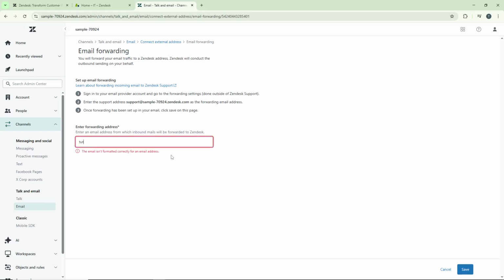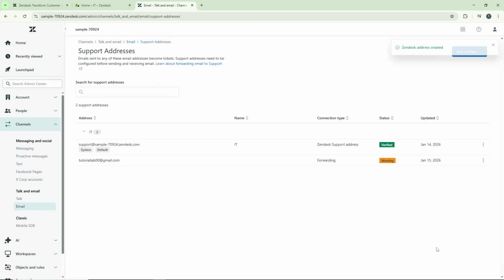Type in the email address you want to forward into Zendesk, then click Save. This address will become the source from which emails are automatically sent to your Zendesk support system. And that's it. The process of forwarding emails will now start, and Zendesk will begin receiving and converting those forwarded emails into support tickets